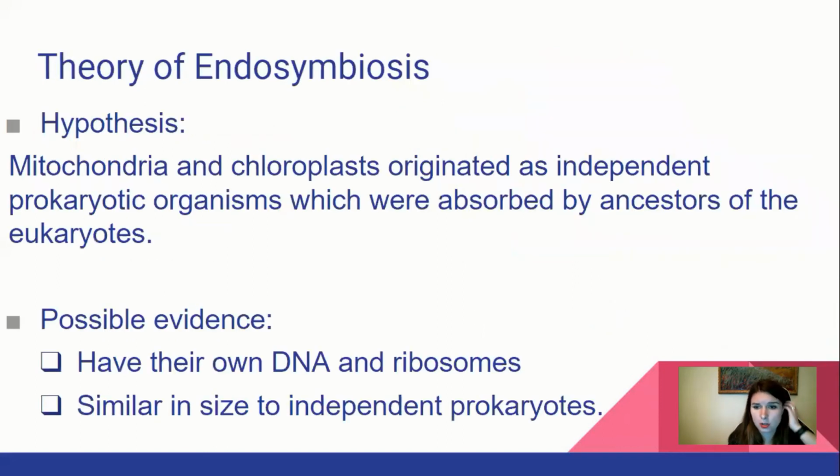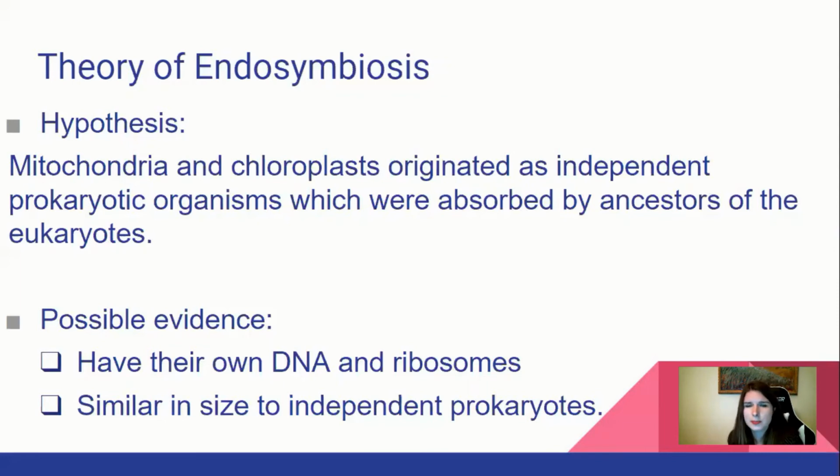We're not going to talk about chloroplasts on their own. They are present in plant cells, and we'll take a look at a plant cell on the last slide. The theory of endosymbiosis, though, refers to both mitochondria and chloroplasts, and it's really a theory for why your cells have these. Because these are kind of weird organelles. The fact that they have their own DNA is super weird. So the hypothesis for why we have mitochondria and